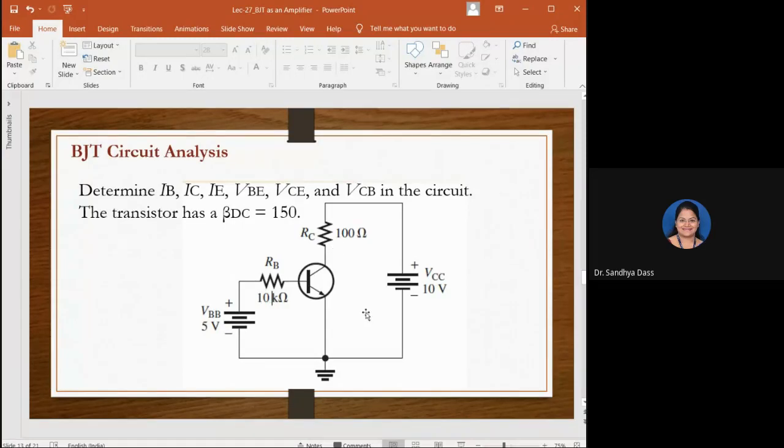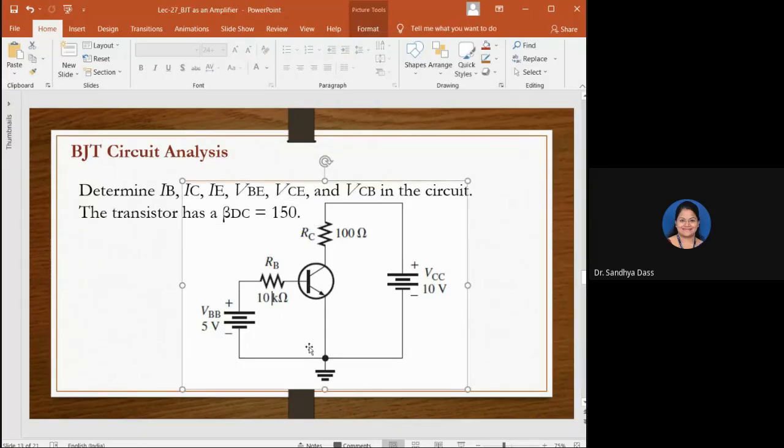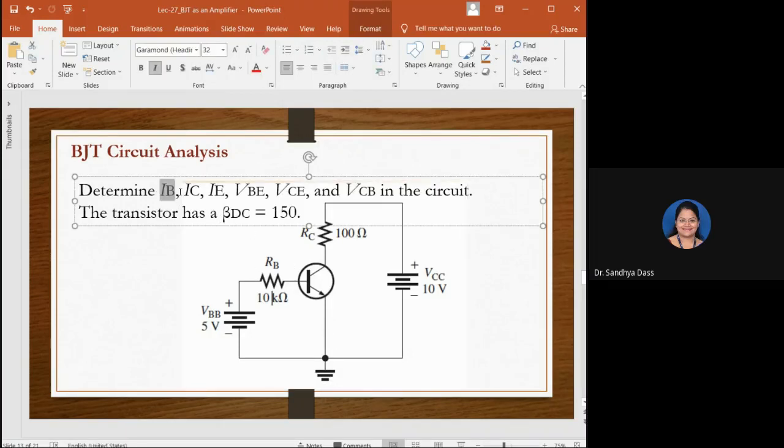First, understand the question. Whether it is KCL or KVL? KVL, right? Yes, we have to apply KVL to the input and output ports, correct. Apply KVL to input and output, you will be able to get these terms, VCE. What about base current, collector current, and emitter current? Any idea here? With the beta given there.